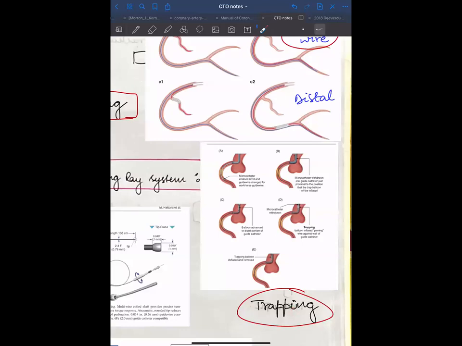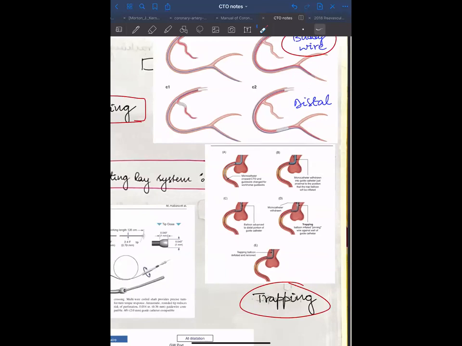Trapping involves pulling back the microcatheter over the guide wire, and we pass another balloon distal to the microcatheter, parking it distal to where the microcatheter is. Then we trap it with the balloon inflated and then take out the microcatheter. As one can understand, this is essentially to remove it or to use another microcatheter or another device. Like if you have used a Guideliner or a Corsair and it has not worked, if you want to use another one, always while exchanging the microcatheter, performing a trapping has a higher chance of not losing the access.